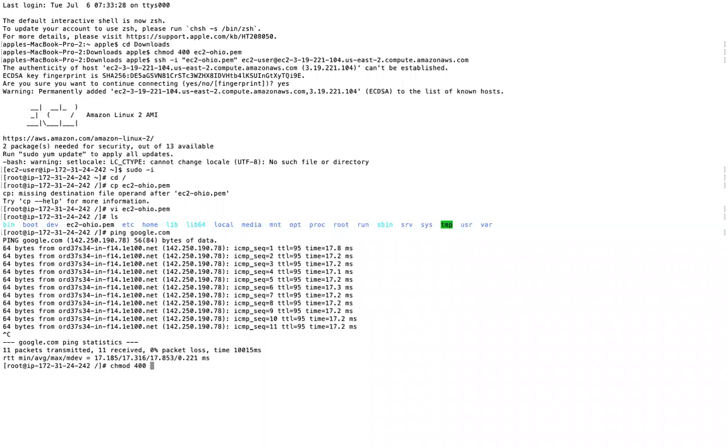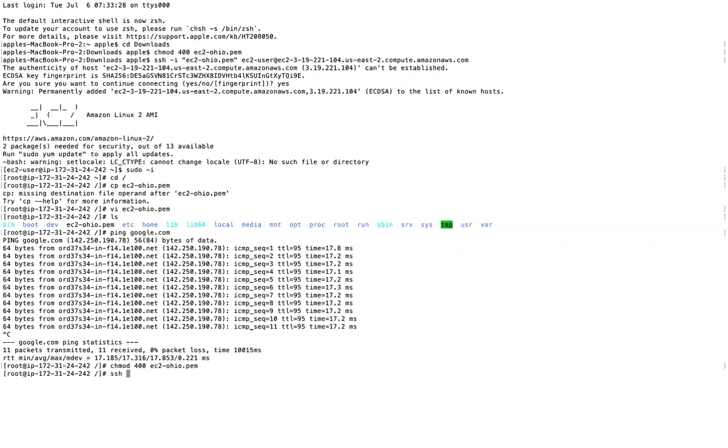So our key pair name is ec2-ohio.pem, and we SSH into it.